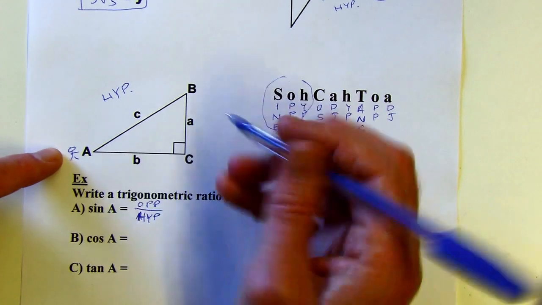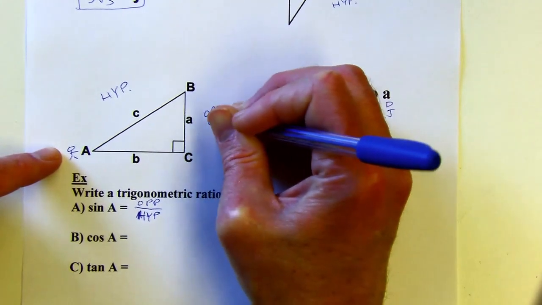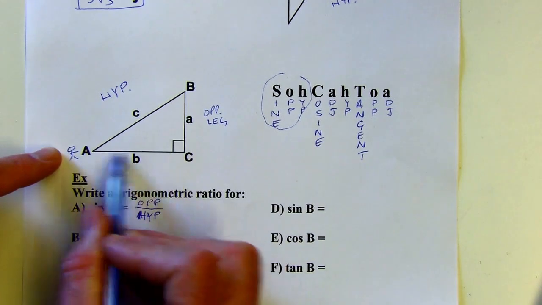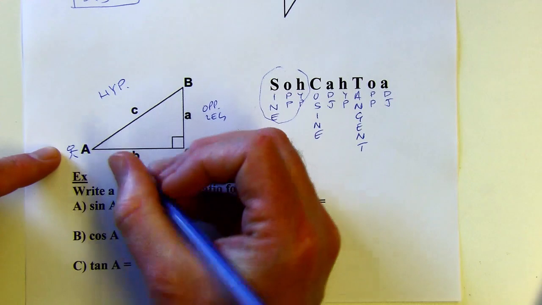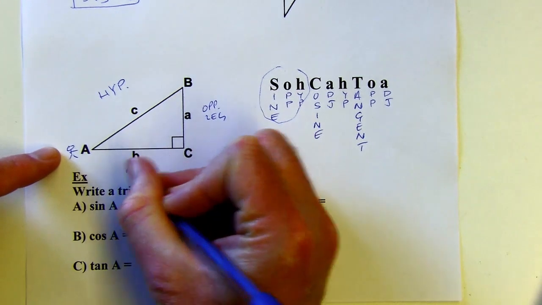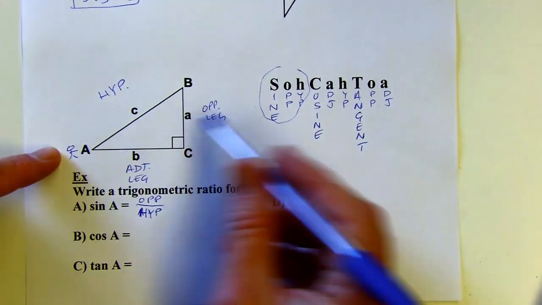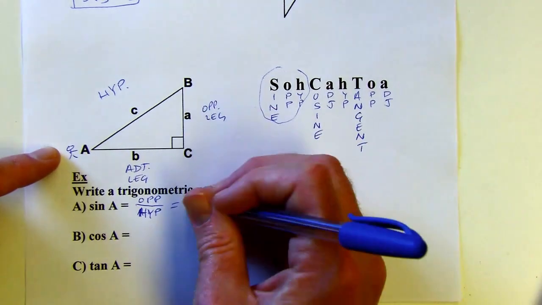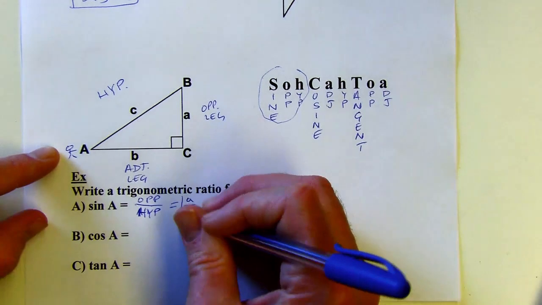That's leg A. So this would be the opposite leg, the one that's on the opposite side of the triangle. The word adjacent means next to, so this leg is next to me. This is next to me too, but it's a hypotenuse, it's not a leg, so this is the adjacent leg. Okay? And yeah, hypotenuse. So opposite over hypotenuse here, opposite is going to be side A, and the hypotenuse is side C. Okay, so that is my trig